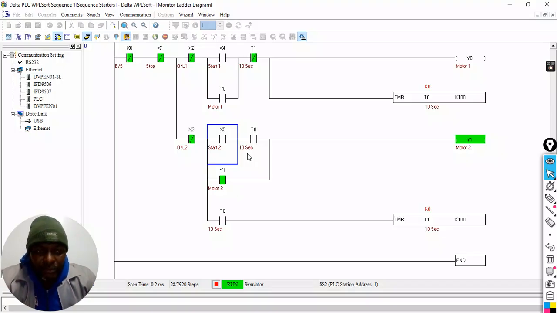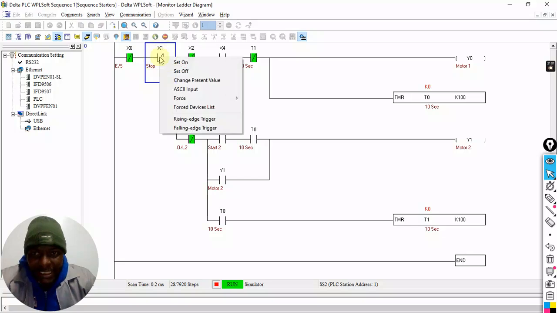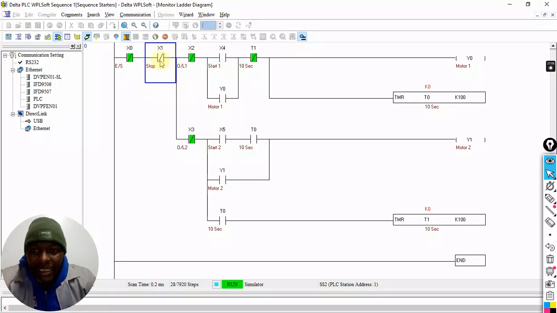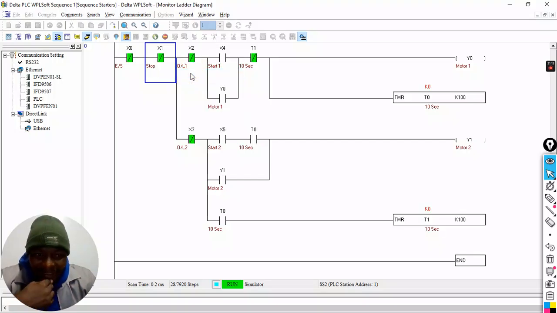So now it means I can only stop this motor if I hit the stop. I believe that this is what he meant, except I don't believe that he meant for this sequence to work this way. I believe that he meant to say